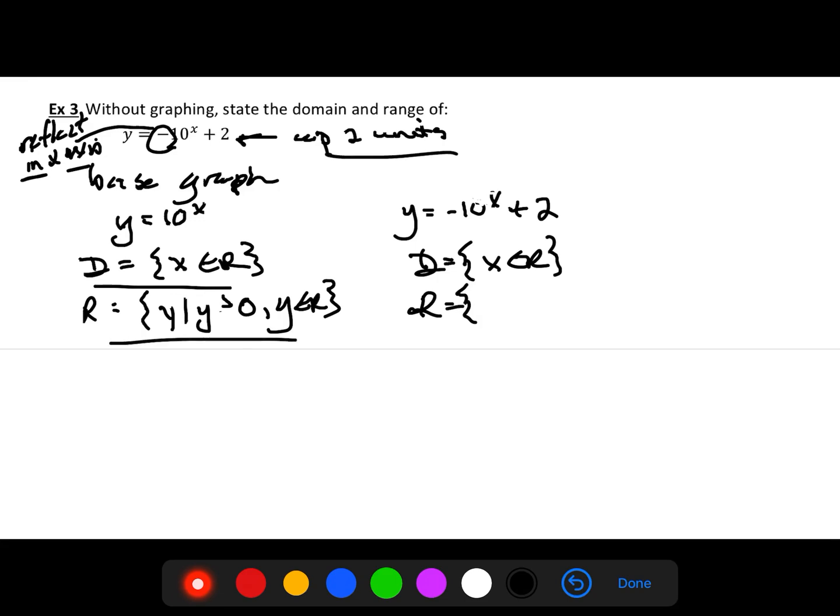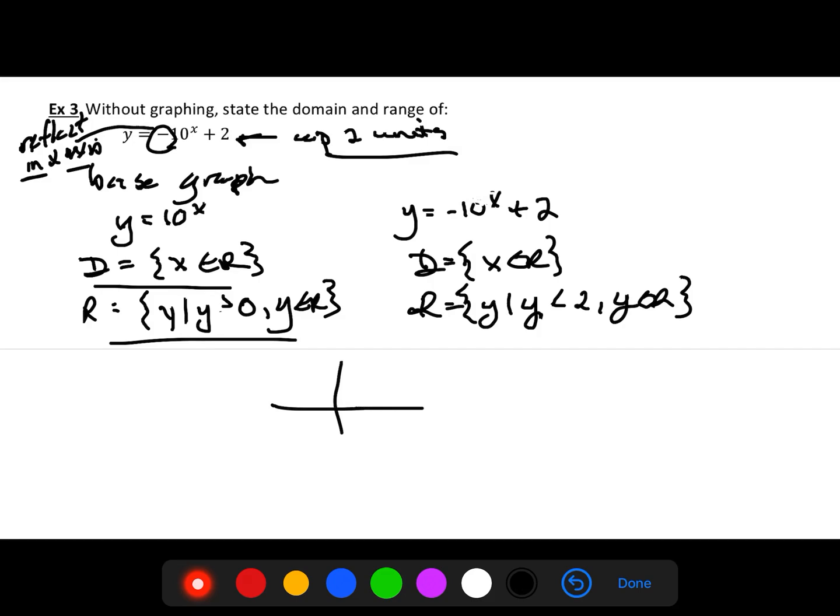Our range, though, our limits on our y's, we see that it moves up 2 units, which changes our y values. And the reflection means that it's going to open down from there. So we now have a y value that has to be smaller than or equal to 2